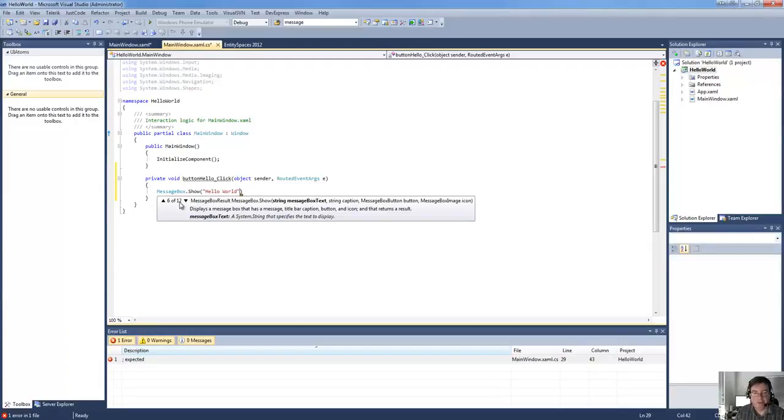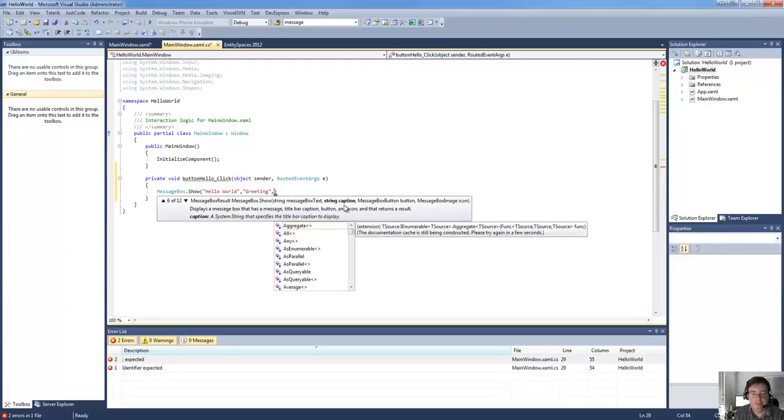So I'm going to put a comma in next, and you'll notice IntelliSense has selected the string caption. So it wants the caption that will appear at the top of the dialogue, and it expects it to be a string. Remember I said when it's a string, it's got to be in those double quotes, so I'll do that. And I'm just going to have a caption of greeting. Now I'm going to put another comma in,